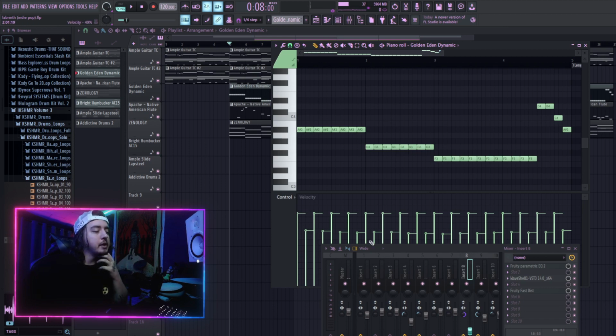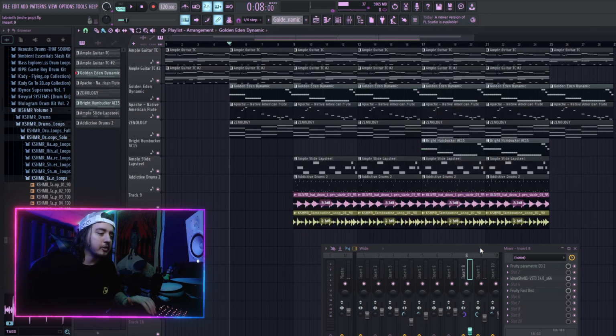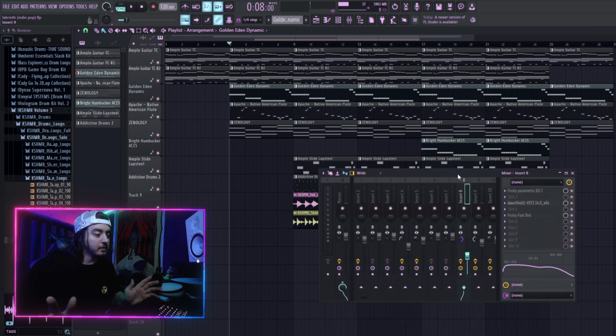And then every other one, just bringing the velocity down so it just sounds a little more humanized, not as robotic. We gotta do the best we can with VSTs because, you know, it's the farthest thing from human playing, but we're trying to get it close. By itself,